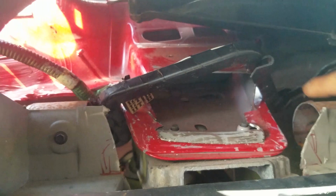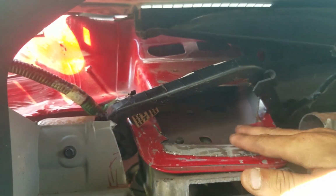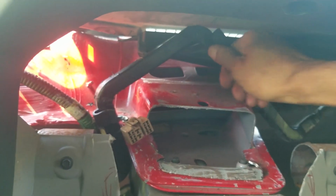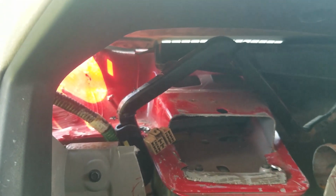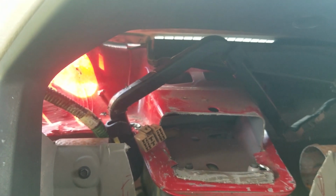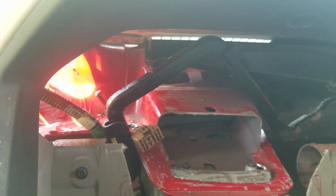I just cut this whole piece out, and I cut this out so I can get my gauges in. I still have to figure out how I want to do this. I think I'm just going to pin it up. No, it's not the prettiest, but it will do. Now I can't use angle iron here, but what I might do, if I have enough room,